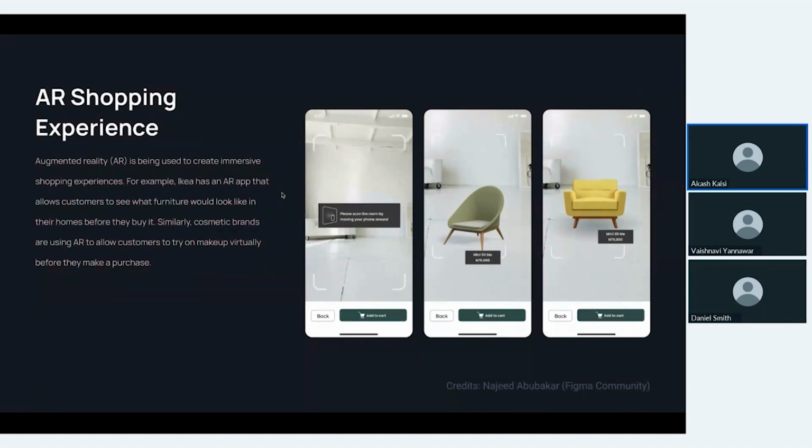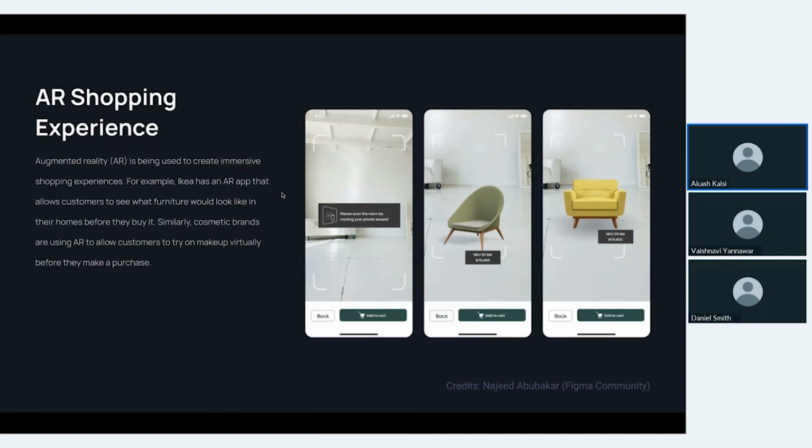So with such technology, we UI UX designers can use AR shopping experiences to create more engaging and interactive experiences for our users. Another example we can take here is to create an AR shopping app that allows users to try on clothes, or it could be a furniture store, as you can see on the right side of your screen, and see how the furniture would look in our place by just turning on the camera.